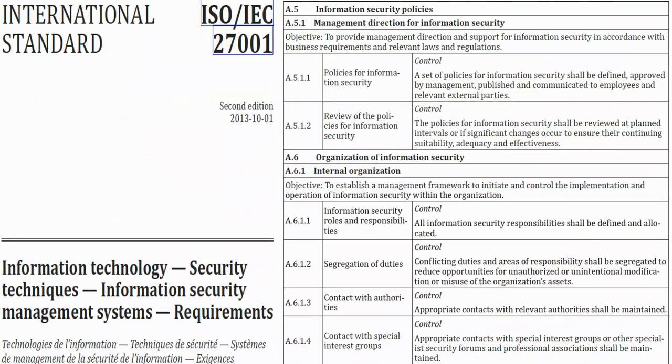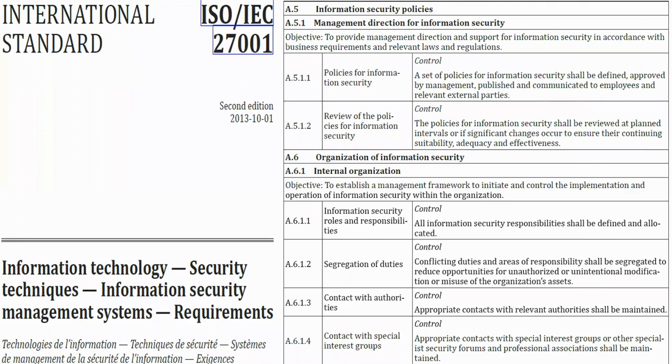Now, the standard that I refer to is the international standard, ISO/IEC, the International Standards Organization and the International Electrotechnical Commission. 27001 is the number. That's the code. If you know anything about international standards, they all have a number that they go by. For QA/QC, for example, it's 9001, I believe. For information technology, security, and technique, it's 27001. So you can see on the right-hand side,